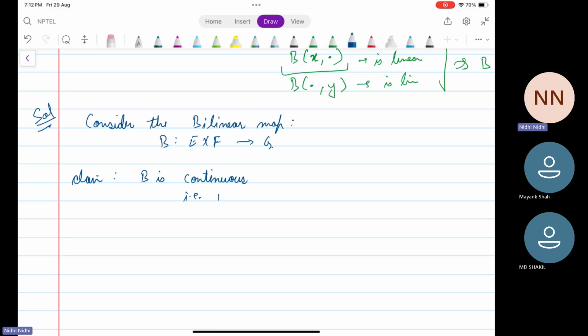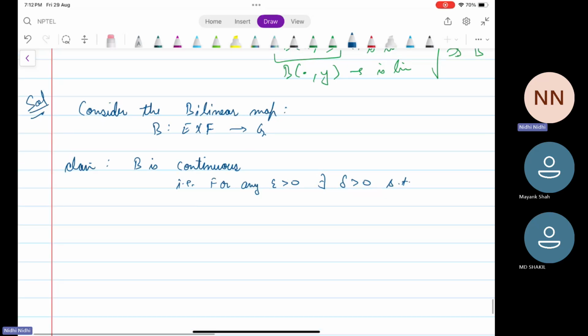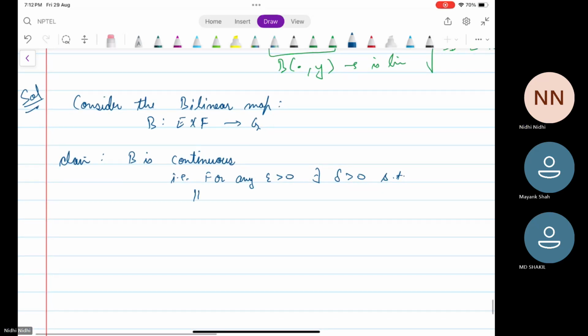That is, for any epsilon positive, there exists a delta positive such that the norm of G of B(x,y) minus B(x naught, y naught) is strictly less than epsilon